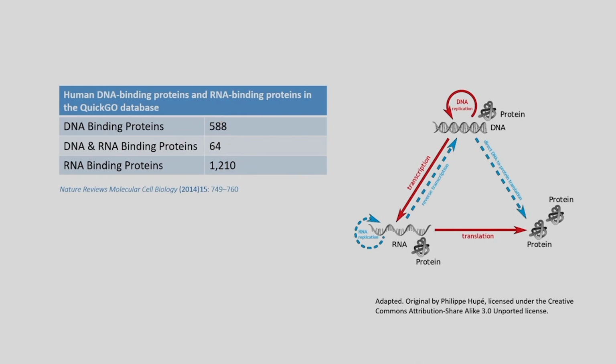And there are some proteins, a small set numbering around 64, which bind to both DNA and RNA at the same time. This study is from the QuickGO database, and this is the reference which you can consult